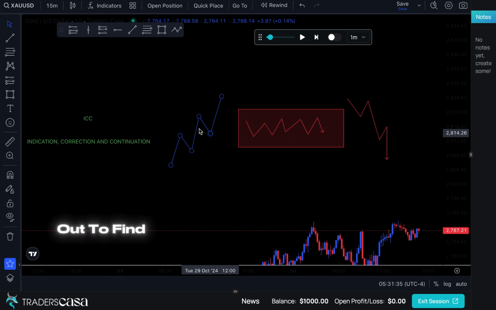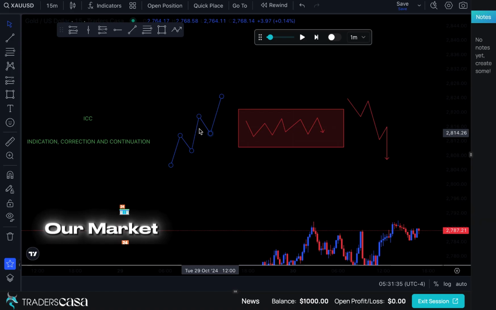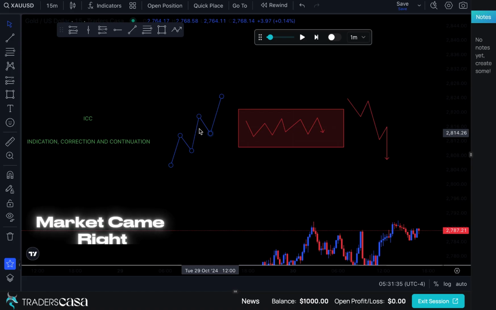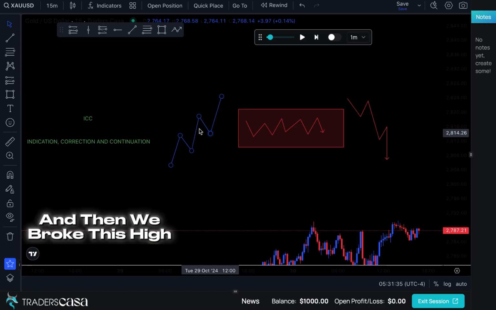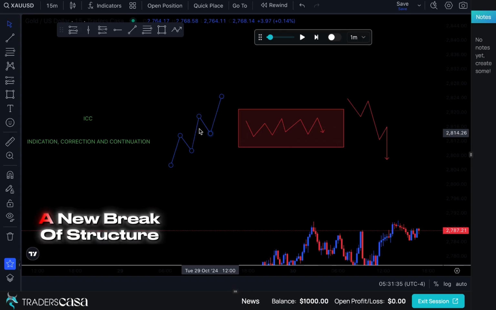So let's start identifying where we can enter for a buy. So we see our market broke this high, right? Our market did not come back to this high to give us our entry. You see that the market came, right? And then we broke this high, but it did not come here and close above to give us our entry to the upside, right? So what we have to do is we are going to look for a new